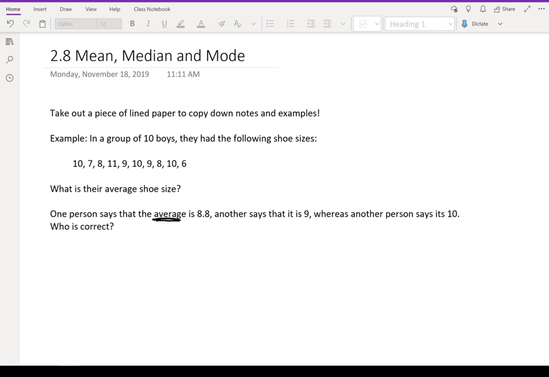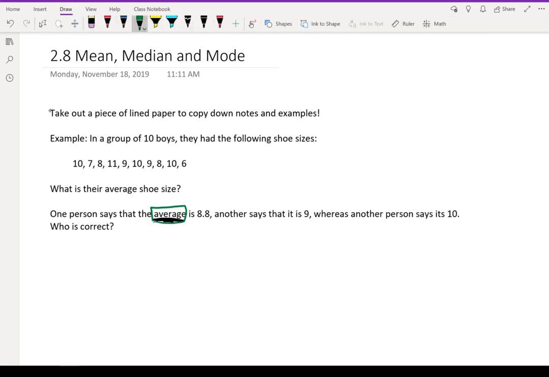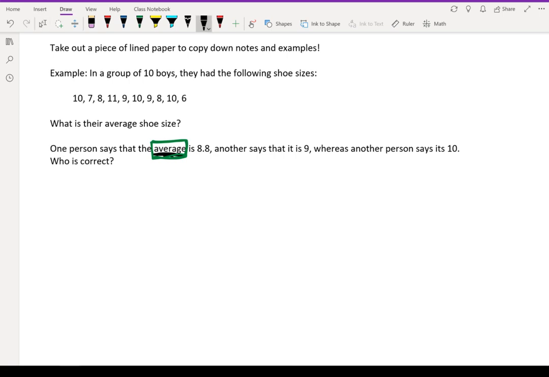there are more than one meanings of average, okay? So let's take a look at what average actually means. Okay, let me just highlight this. Today we're talking about averages. Okay, there are three types of averages. The first type is called mean, and this type of average is the most commonly known and used type